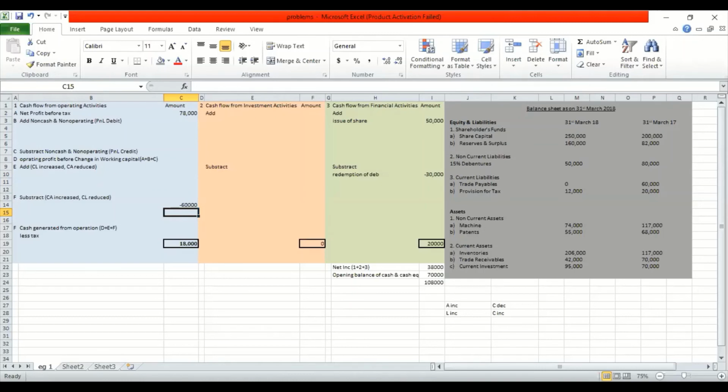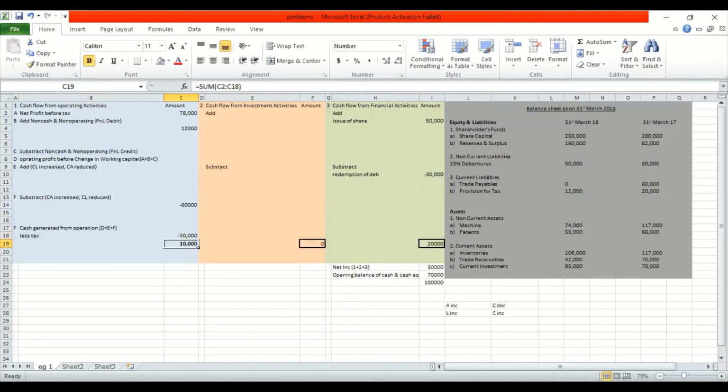So how are we going to do it? The 12,000, that is provision made for current year, is a non-cash item. So you will be adding 12,000 here, and the 20,000, which is the previous year's provision. You make previous year provision so that you make it this year. So this year, in the column less tax paid, you will be writing 20,000. Okay, I'll just write minus 20. You should be writing it in brackets.